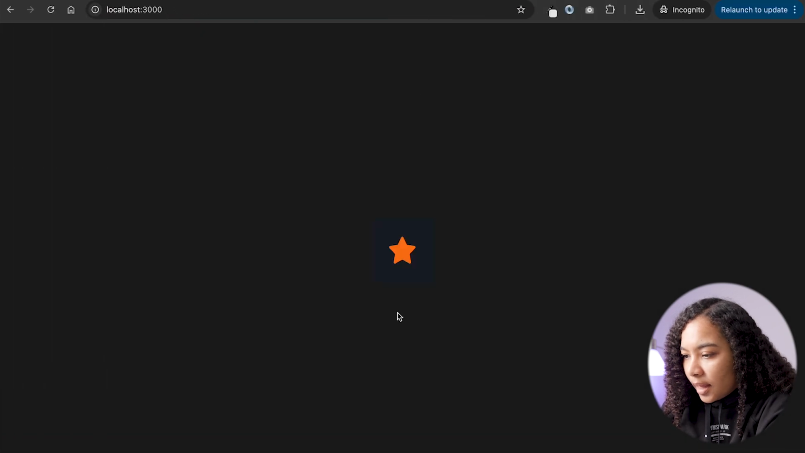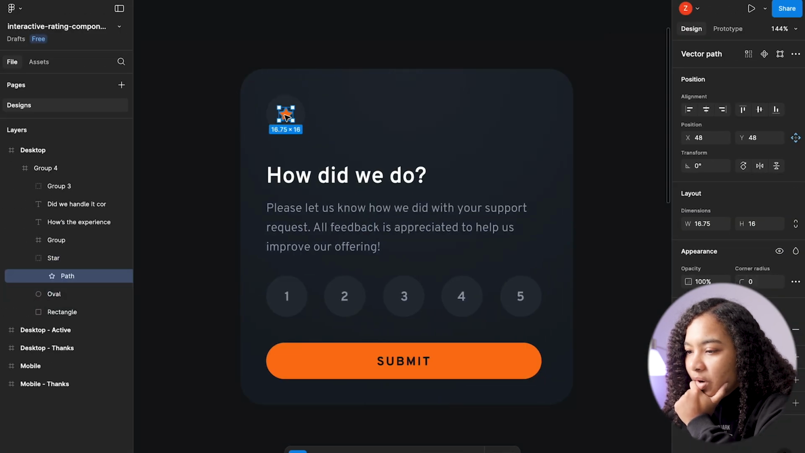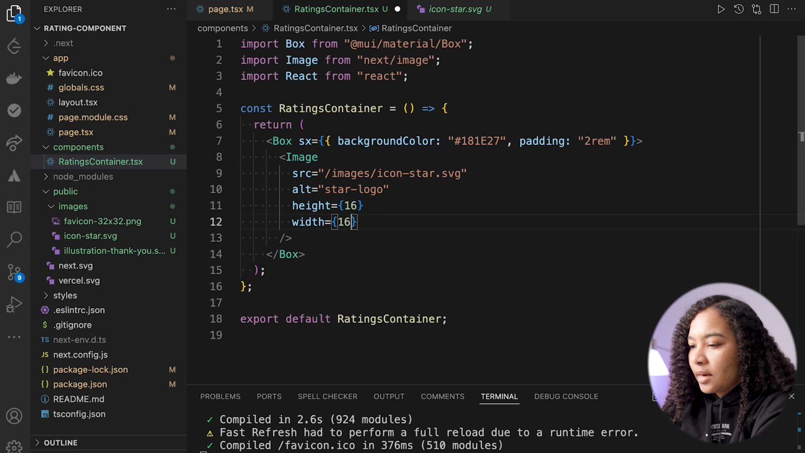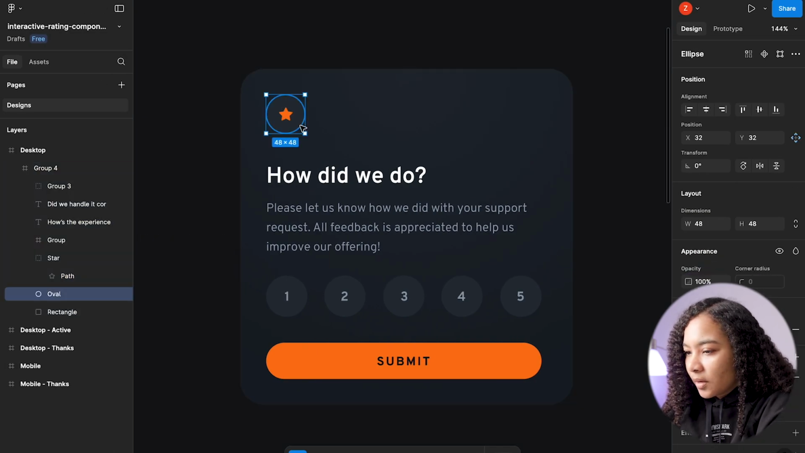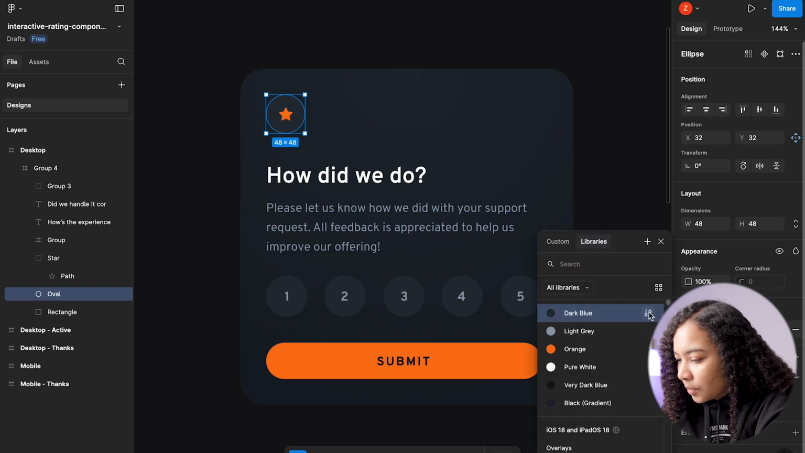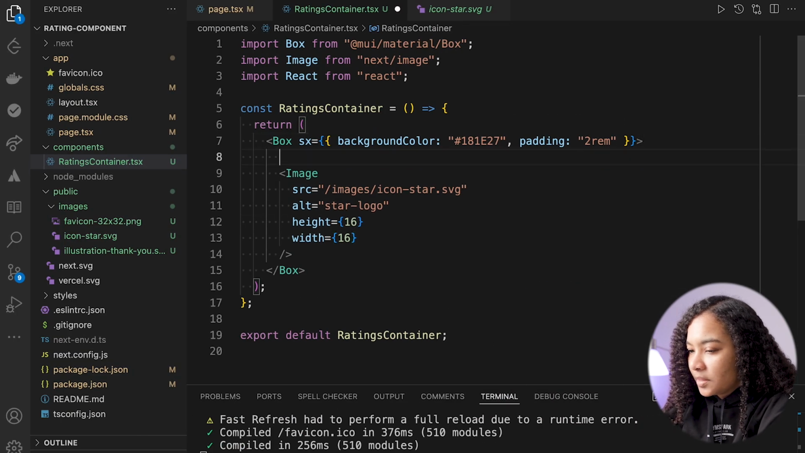Cool. And okay, so it's just the star. It's not necessarily the background as well. So actually, I think the star is only 16 by 16, and then you see the circle here. We'll have to add that in ourselves. So we can do that. So the fill for that is this dark blue color. Let's grab that color. So then we'll just wrap this in a box,